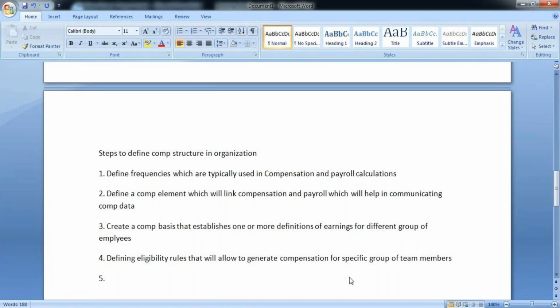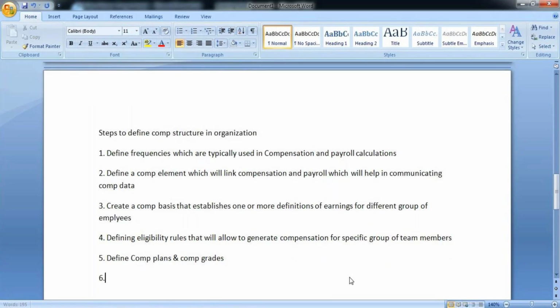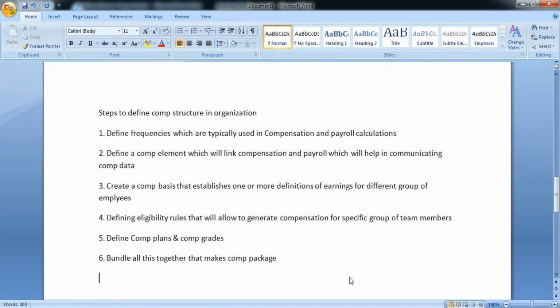So all our core compensation steps will come into the picture here. Once you define the eligibility rule, I'll be specifying to define comp plans and comp grades. Once I have comp grades, bundle all this together. That makes a comp package. So these are the six steps that you'll typically follow whenever you're building a compensation structure in your